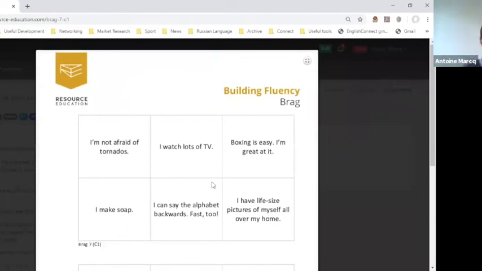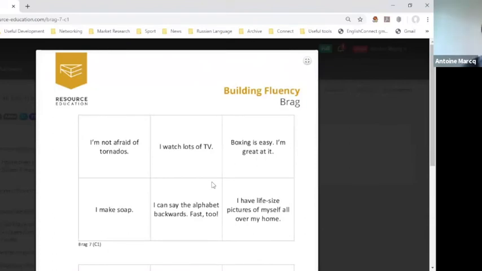So in this case, I'll use these cards. I'm student A, and I first take the first card. I'm not afraid of tornadoes. I've gone to the heart of 10 tornadoes already in my life. And remember the whole idea of "I'm number 1" is for you, the other students in my group, to try to compete with me.